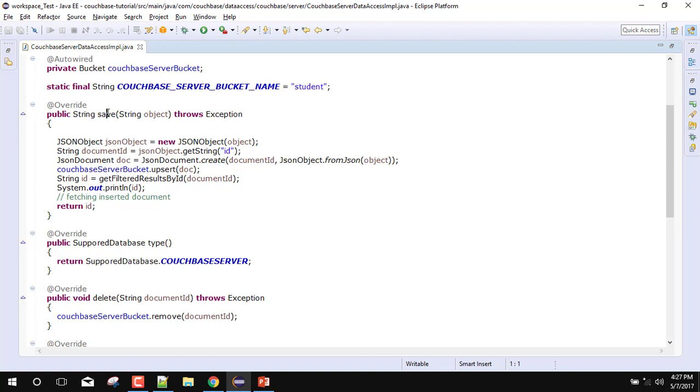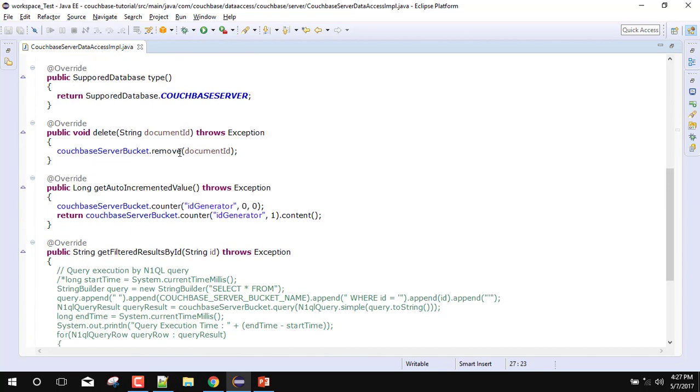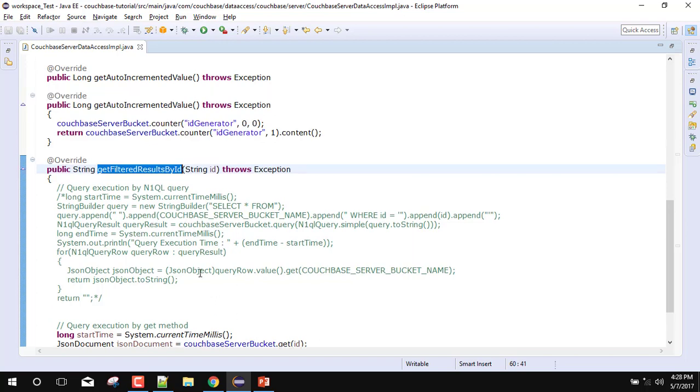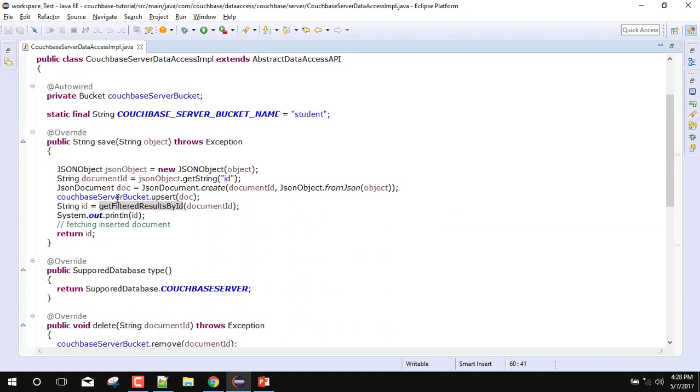This is our save method, which will create the records in the Couchbase bucket, and this is our get method, which will fetch the result with the help of N1QL or the get function. We have created a JSON object with the help of our string JSON object.